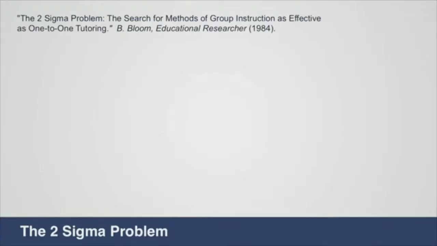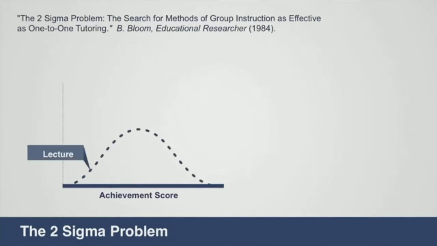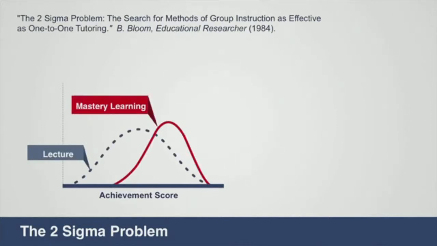Personalization is perhaps one of the biggest opportunities here as well, because it provides us with the potential of solving a 30-year-old problem. Educational researcher Benjamin Bloom in 1984 posed what's called the 2 sigma problem, which he observed by studying 3 populations. The first is the population that's studied in a lecture-based classroom. The second is a population of students that studied using a standard lecture-based classroom, but with a mastery-based approach, so that students couldn't move on to the next topic before demonstrating mastery of the previous one. And finally, there was a population of students that were taught in a one-on-one instruction using a tutor.